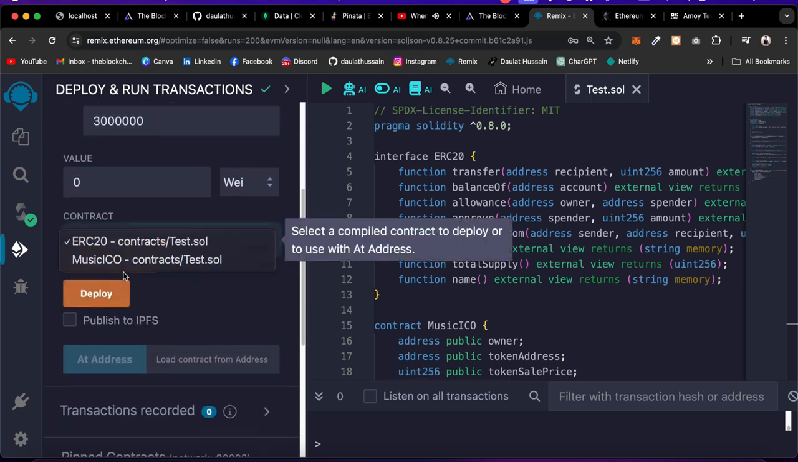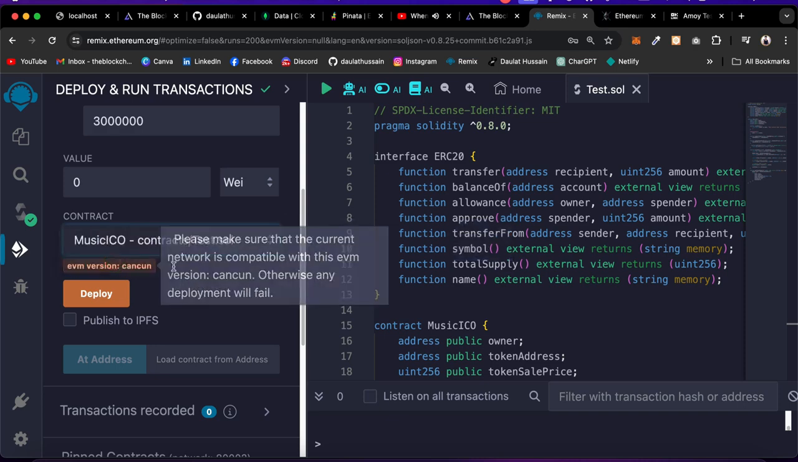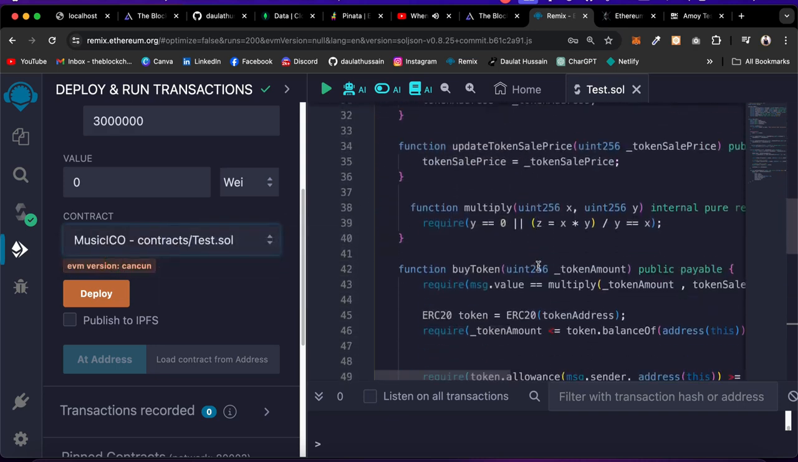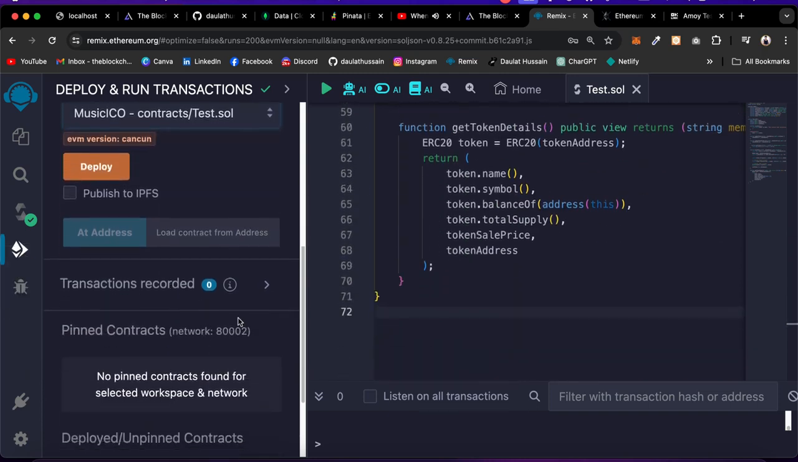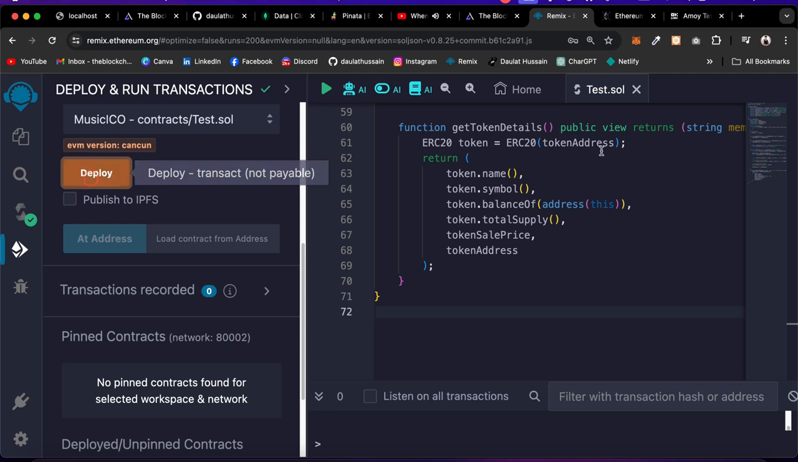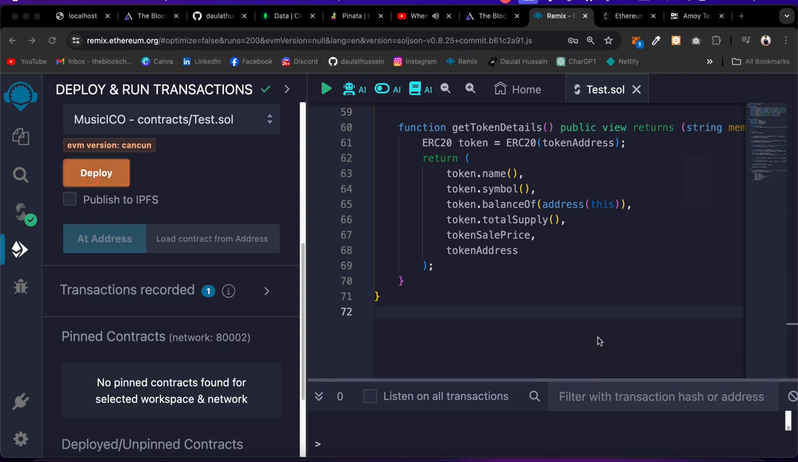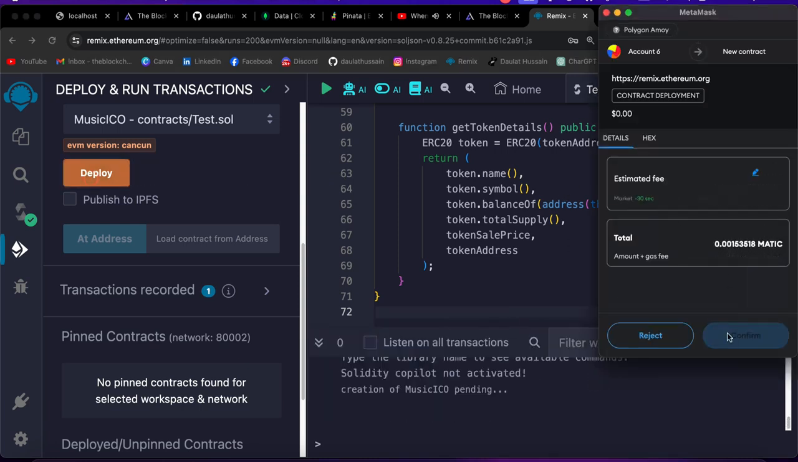So we have a bunch of them, but I want to deploy this one, and again I'm not making any changes. If you make any changes, make sure to provide the updated API. So all I have to do is to simply deploy the contract. So I'll click on this deploy and it's going to call the MetaMask. There it is. Click on this confirm